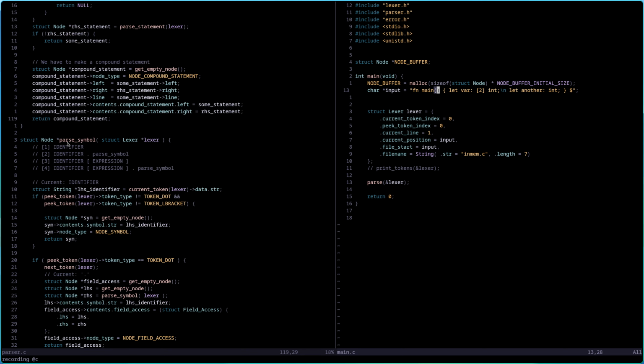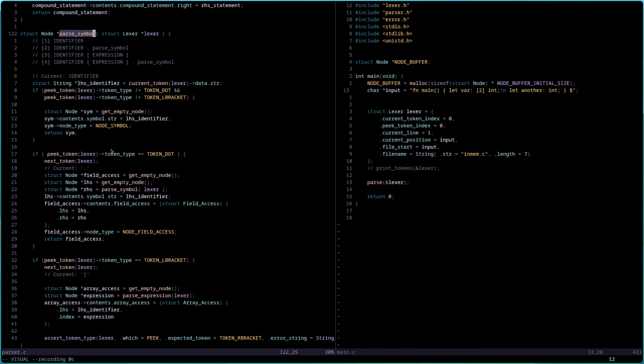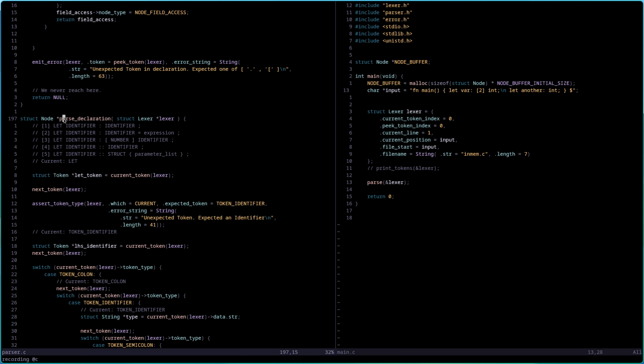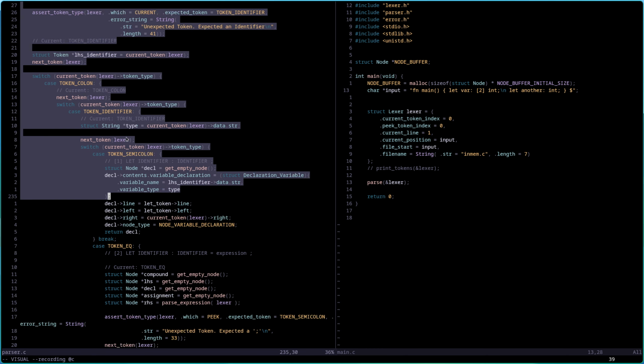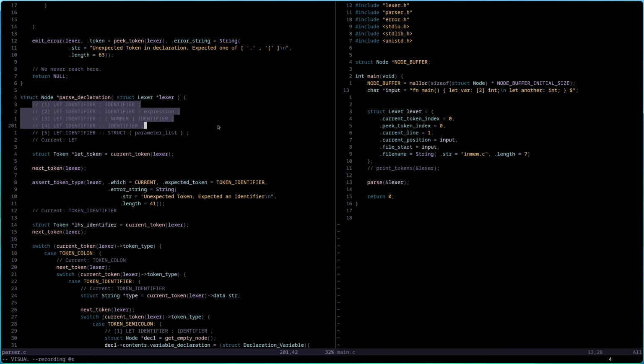And then again, the declaration. I tried to make it easy to understand what could go on. You can make another variable of type int, and you can do a declaration and an assignment at the same time.